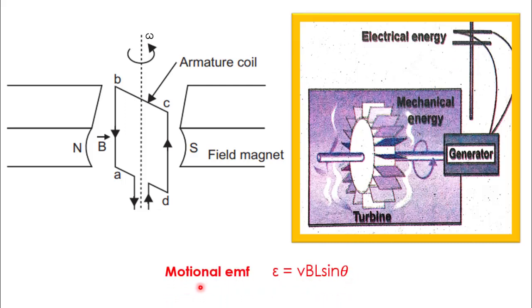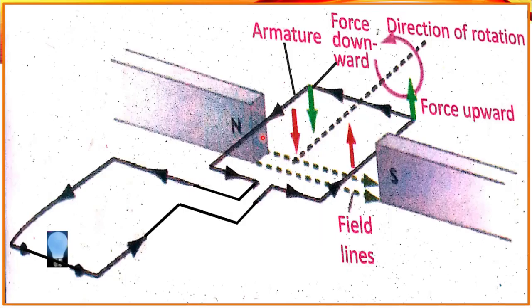By rotation of the conductor inside the magnetic field, an induced EMF called motional EMF is generated across the ends of the conductor. Here in this figure we have shown one loop of a conducting coil which rotates inside the magnetic field of the magnet and generates an induced EMF across the ends of the conductor. The ends of this loop have been connected to an external circuit by means of connecting wires. A bulb having resistance R has been attached as an external circuit which would glow due to alternating current supplied